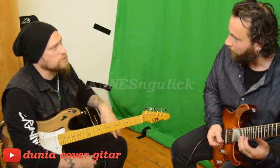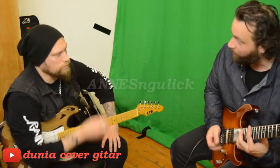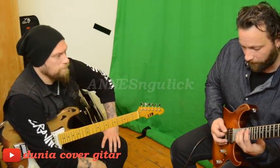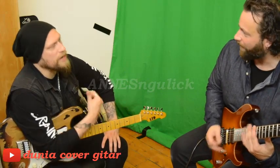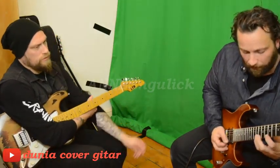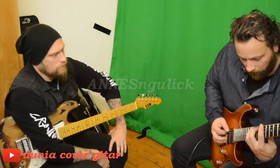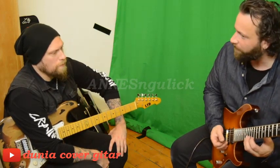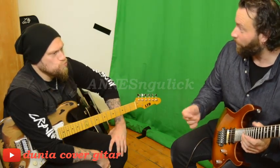Do you do it ascending as well? Occasionally, but that works best with the descending part because of the voice leading. Because when you descend, that's the voice leading, and you've got the flat seven. Doing it the other way, I don't know how you would do it. I'll do that kind of thing where usually you change one note, just move one note within the chord, and that allows you to create more harmonic movement. And sometimes